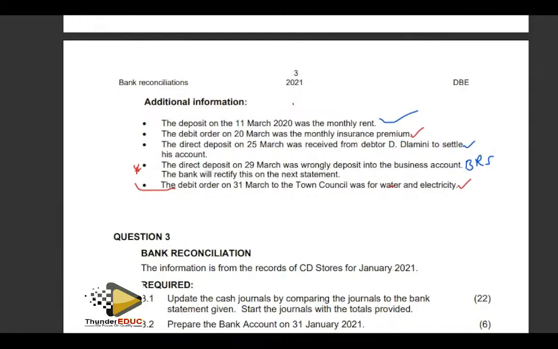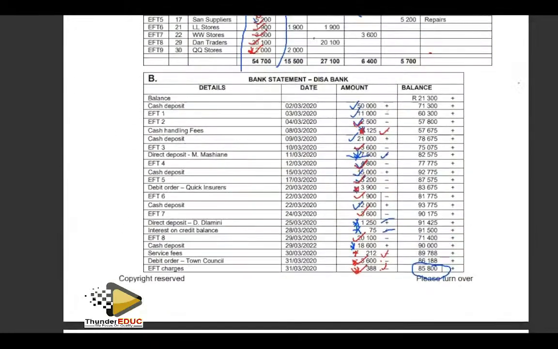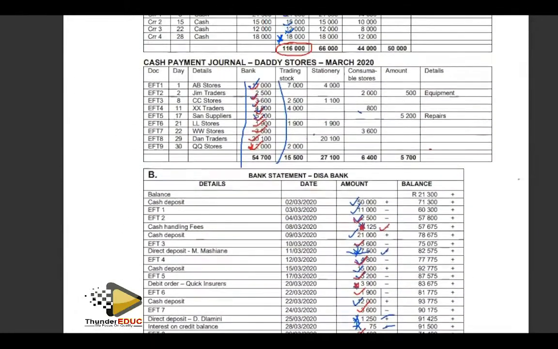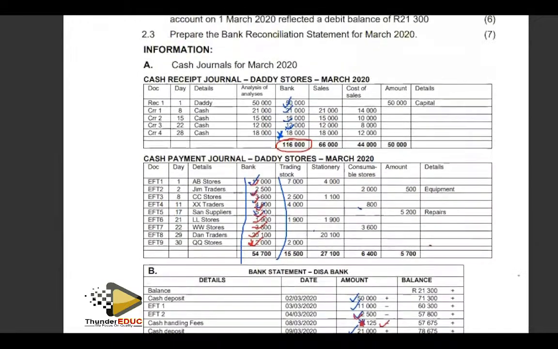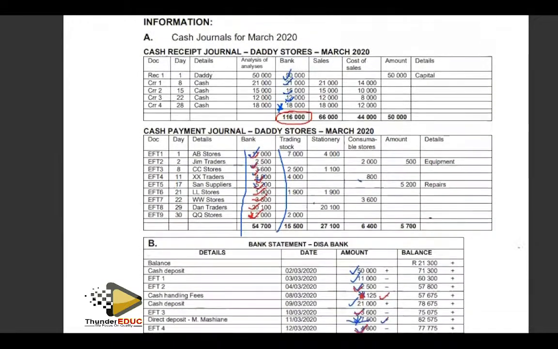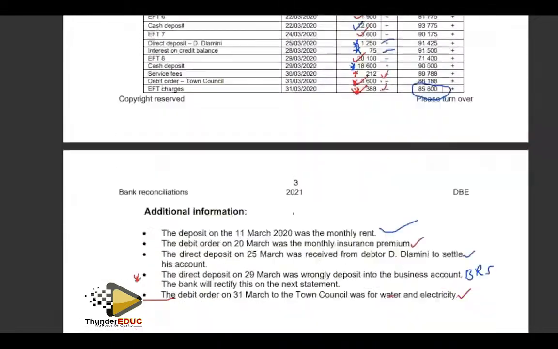Remember, such items, this amount comes when we have sorted out each and everything, okay? When we have sorted out each and everything. So we have to look at what,